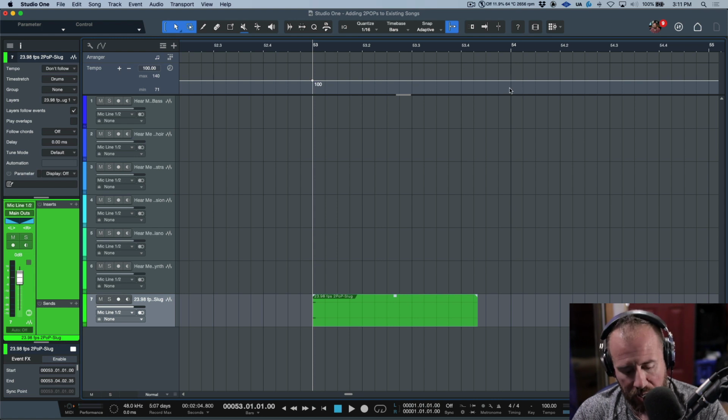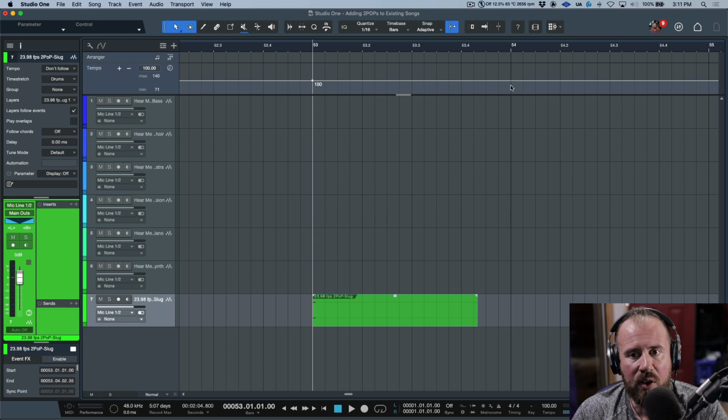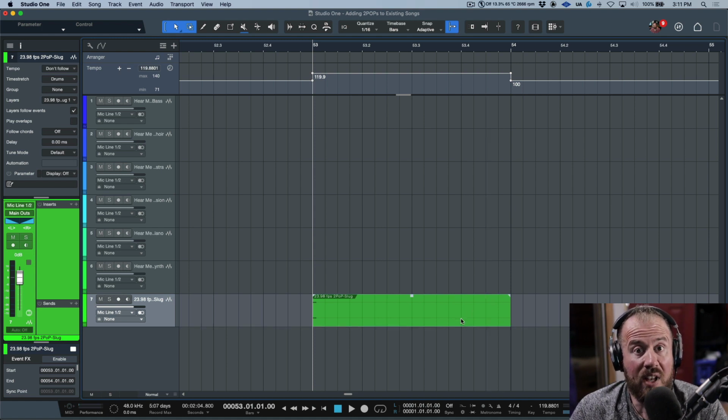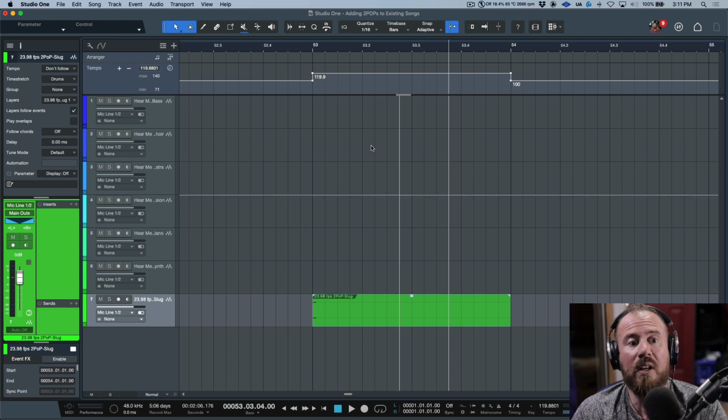We're going to use this trick again where we hold down the command modifier, control on a PC, and because we have snapping on, and because I have the snap to events on, I can very quickly snap to the bar 54 boundary. It'll snap exactly to the end of this event. So now this event is exactly 1 bar at a very specific tempo, which is 119.8801. Now, that doesn't matter. It's not going to mess up our music or anything, because